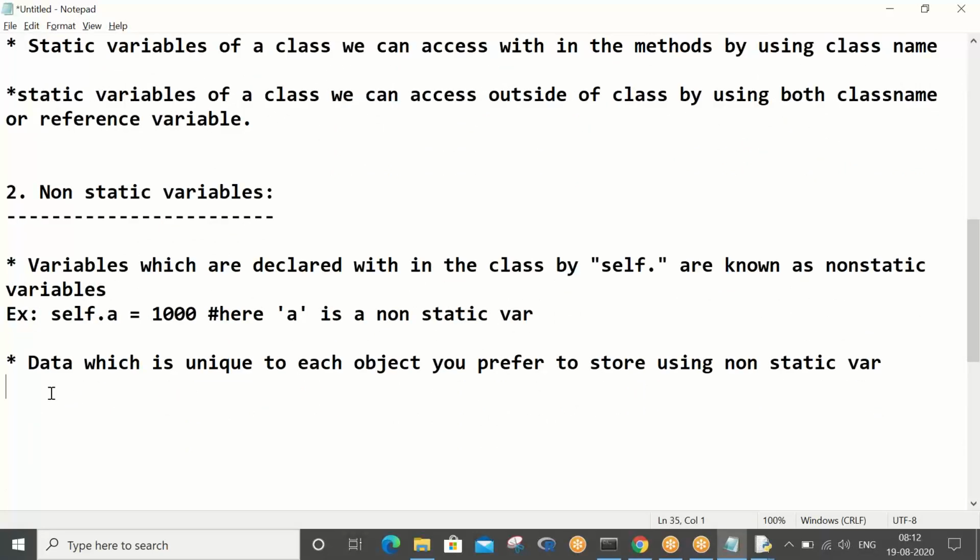What is an example? Tell me, unique data of yours. Let's say your mobile number. Your mobile number is unique to you. Your address is unique to you. Something like that. When you are filling something, you have to give this in a form. Correct? So this kind of unique data of each object you have to store using a non-static variable.